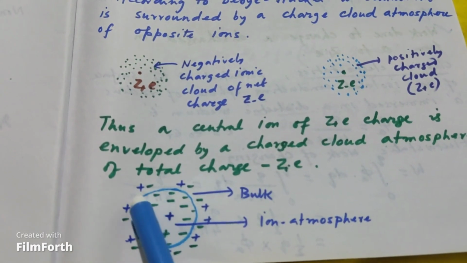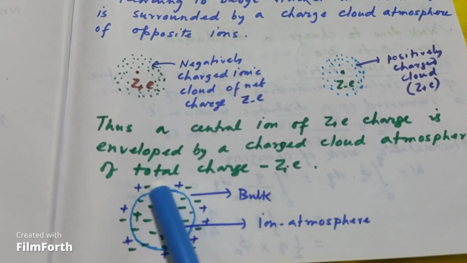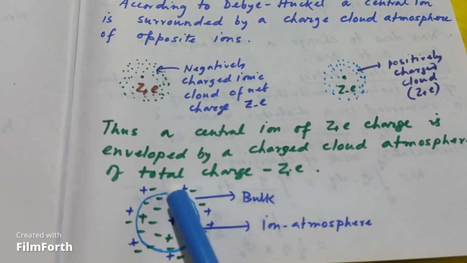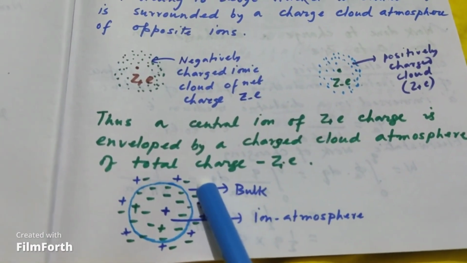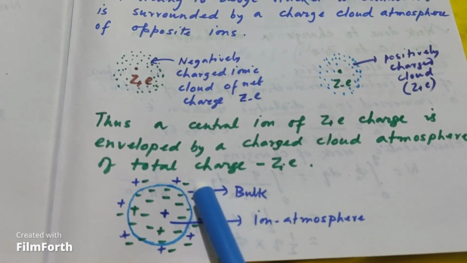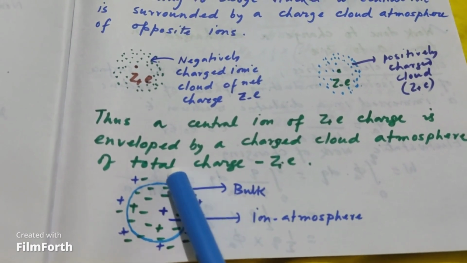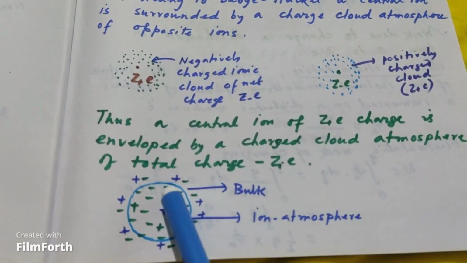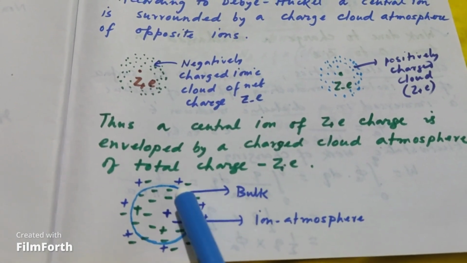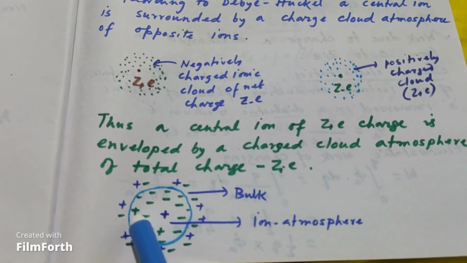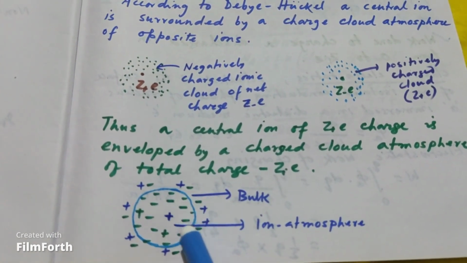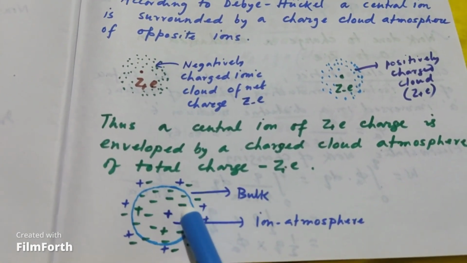This temporary arrangement is called the ion atmosphere. Beyond that region there is electroneutrality, that means an equal number of positive and negative ions. But within the ion atmosphere, if the central ion is a positive one, there is a conglomeration of net negative